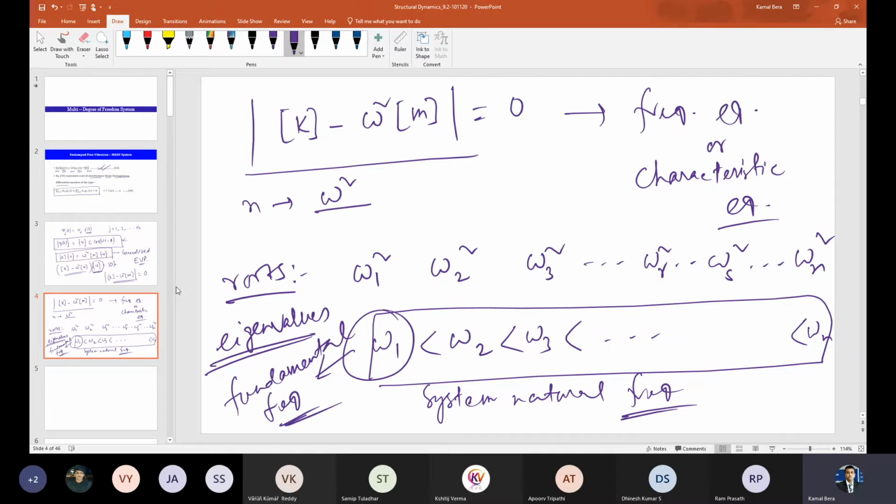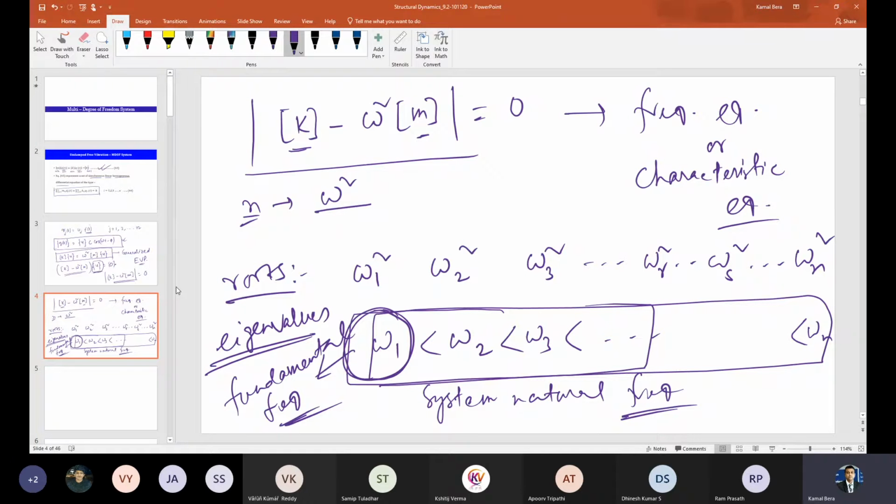As you will see later, let's say there is a system with 1000 degrees of freedom, that is, small n equal to 1000. That means our mass matrix and stiffness matrix are all 1000 by 1000. We'll see that only very few modes, at maximum 10 modes, are good enough in most practical cases. The first 5 to 10 modes are good enough to get reasonably accurate and acceptable results in most practical engineering scenarios. And the contribution from the first mode is the highest.